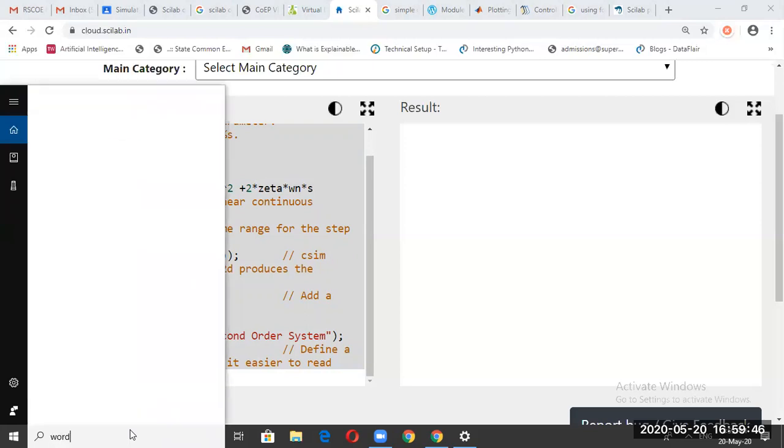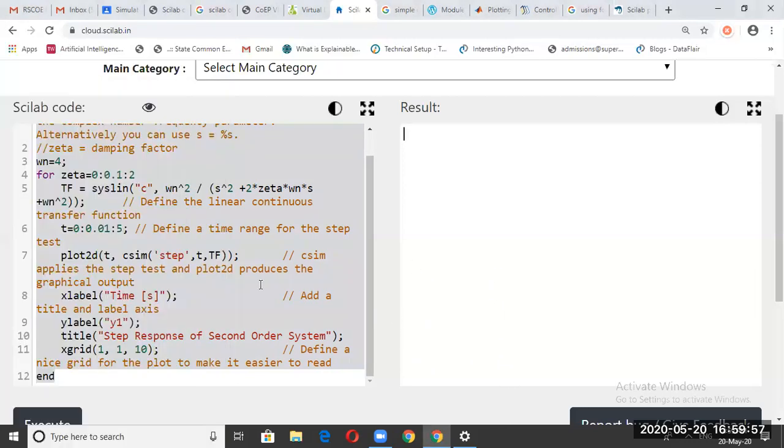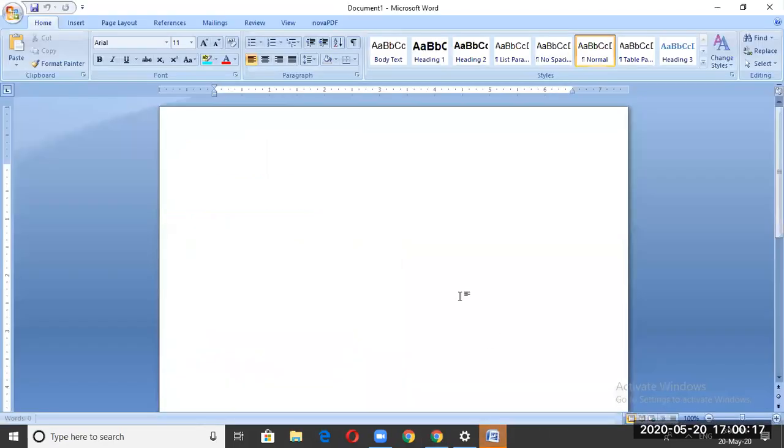So this code, we can take as a reference for plotting the functions, right? So we can do various things here, and you can simulate in Scilab, and it's a very good tool. Remember that it is an alternative to MATLAB. MATLAB is somewhat expensive, and they do not offer free online MATLAB, but free online Scilab is available.